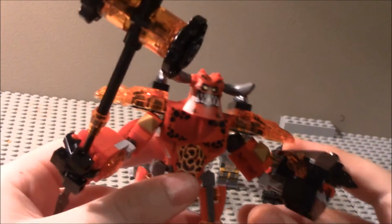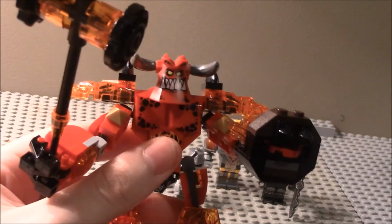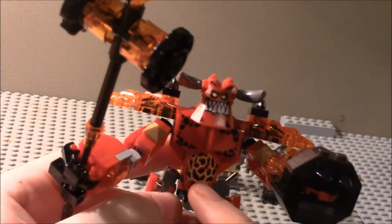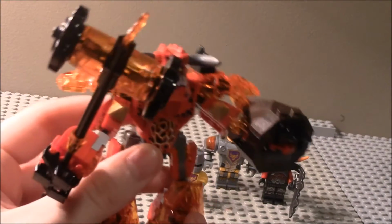He's better than the one that came in Jestro's Evil Mobile, and the odd Cyclops. And you can see that it's the same chest build and stuff, but the head is just pretty cool, and it's got those banana pieces in silver. And overall, I do think this is a pretty cool